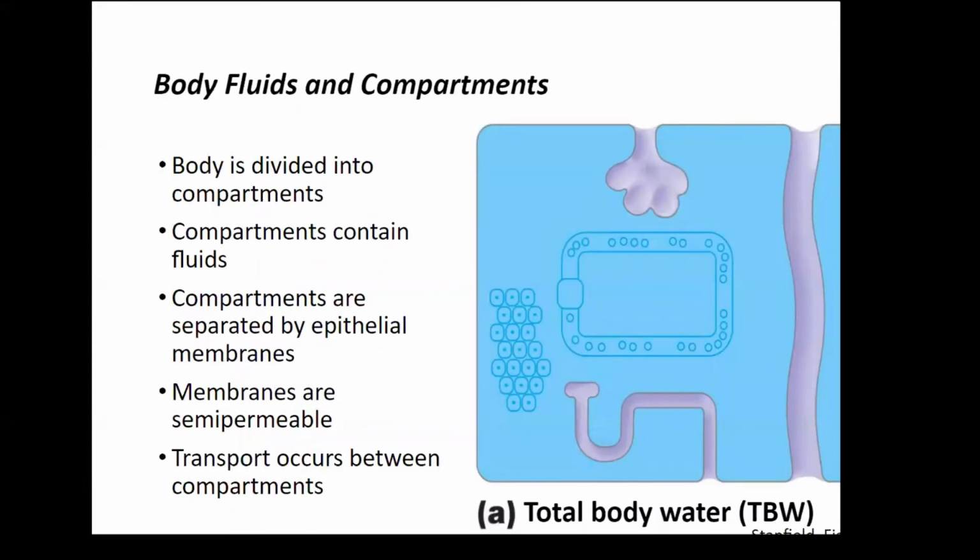So right now we want to think about those compartments containing different body fluids. The reason we want to think about that is that they're going to have slightly different properties. They're going to have different amounts of, for example, proteins dissolved in them that are going to make them behave slightly differently when we talk about them and their functions within our organ systems. So we can divide the body into some rough compartments, and each of those compartments is going to contain some type of fluid that may be slightly different.